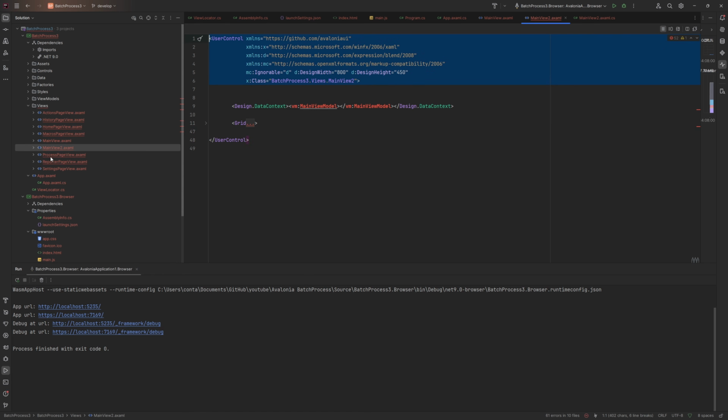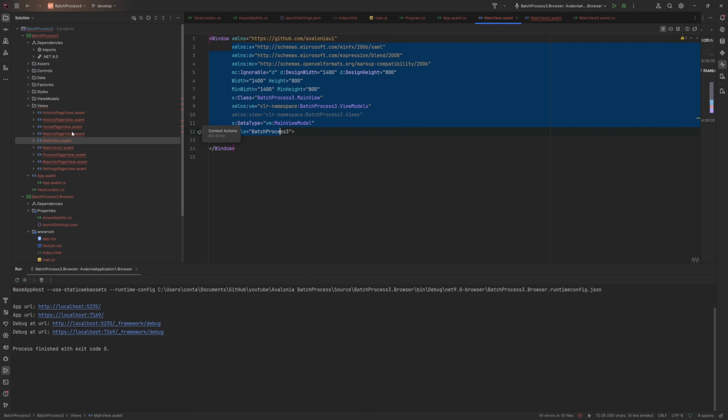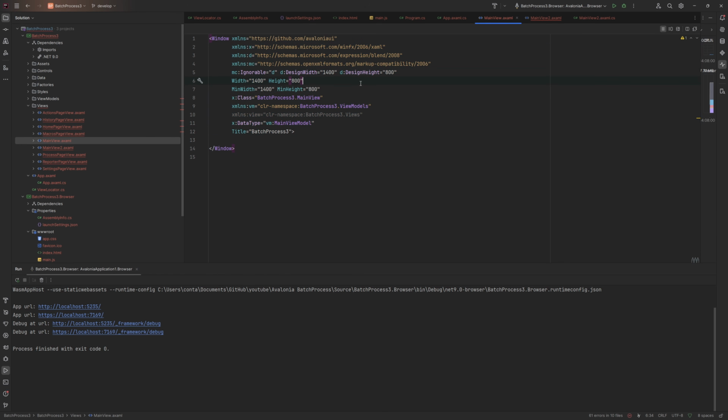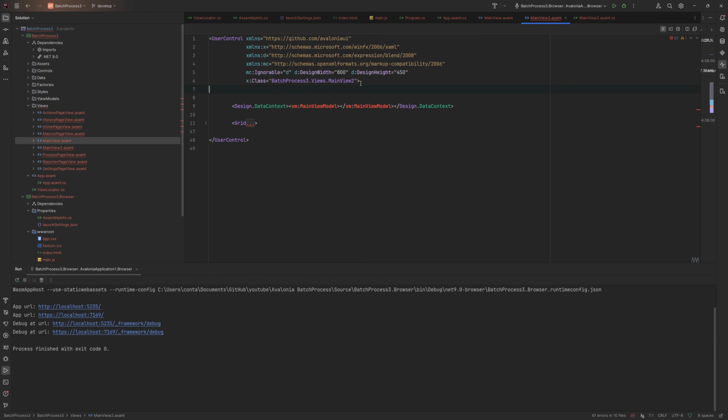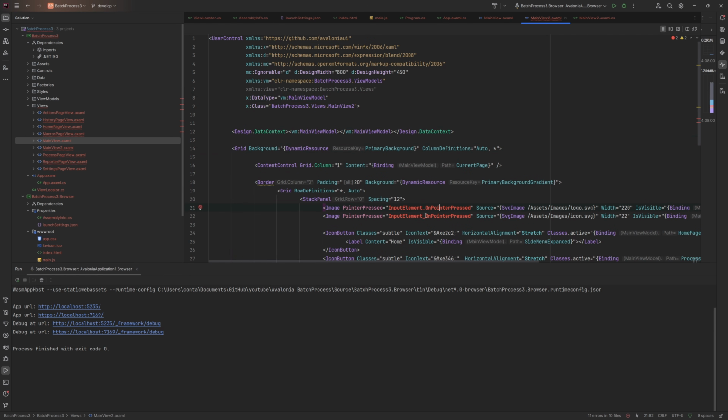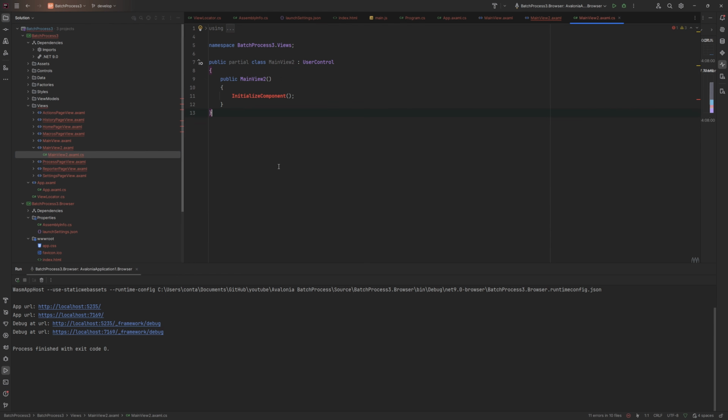And then anything that was in the window here, we need to move over to the user control. That makes sense. So for that, we have the view model namespace, the view namespace, the data type. Cut all those out, paste them in here. And there's some other problem in here. We have some code behind. So on the code behind of the other class,